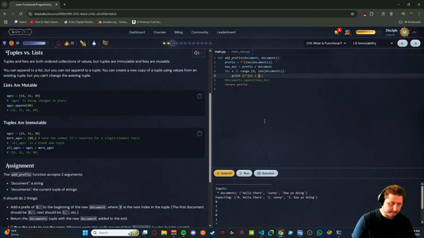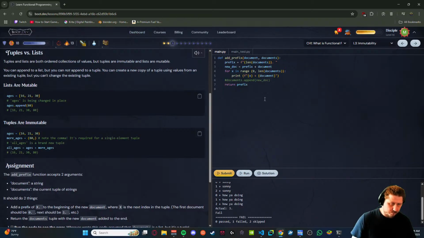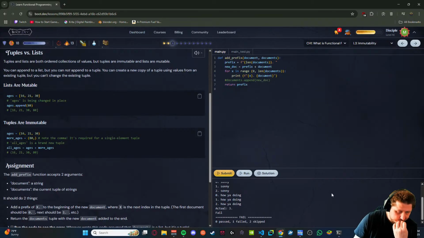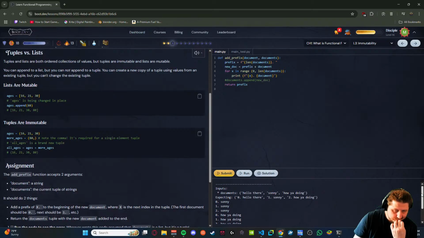Plus it's the double loop. Oh my god, this makes sense.